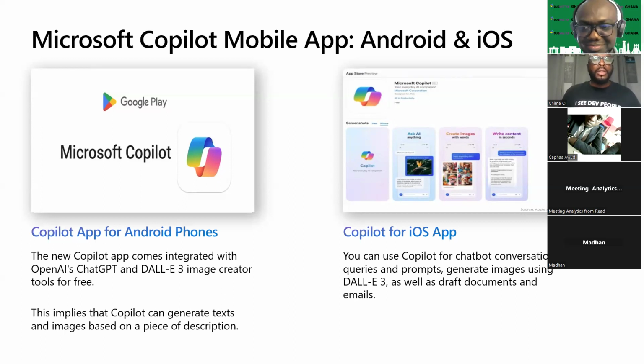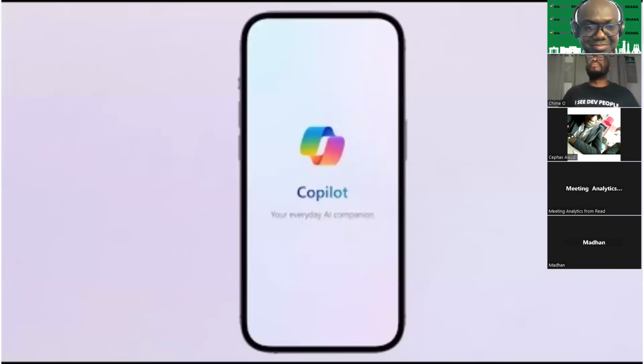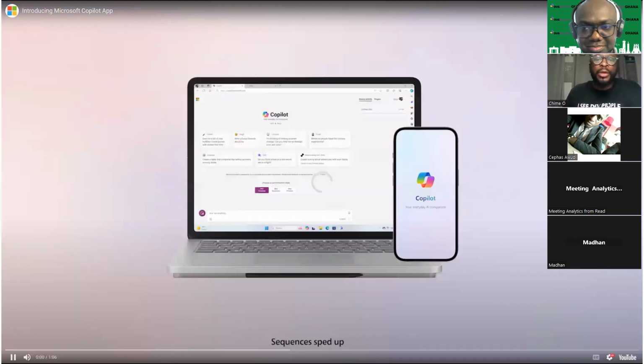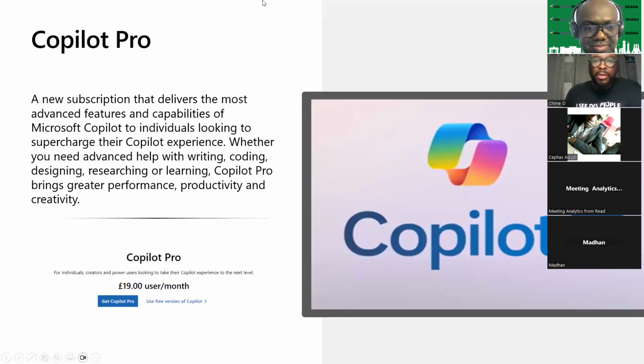So let's move on. This is also another video around Copilot, which I also dropped in the learning resources that I'm going to be sharing with you. But Microsoft also announced quite recently, last month, 15th January to be precise, that they are going to be providing what they call Copilot Pro.